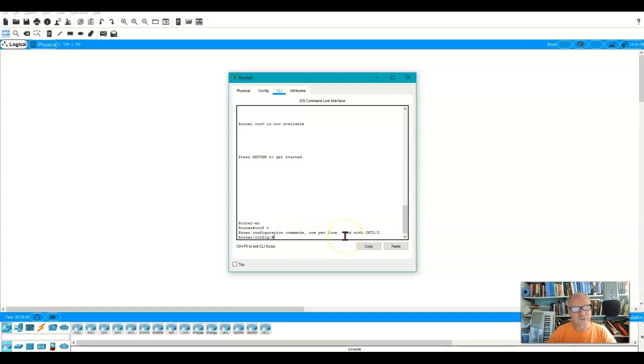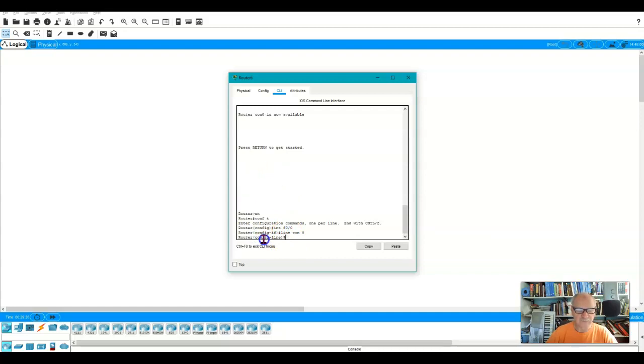Now if I want to configure, say, a particular port, I would have to go into that interface. So now I am in interface F0/0, FastEthernet 0/0, and you can see I'm in config-if. So now I am in an interface configuration mode. There are also some lines coming in. So for example, the console port, I can also go to that. Line con 0, now I am in the configuration mode for console port 0, and you can see config-line.